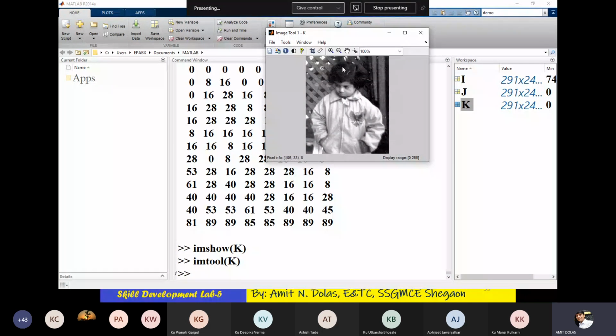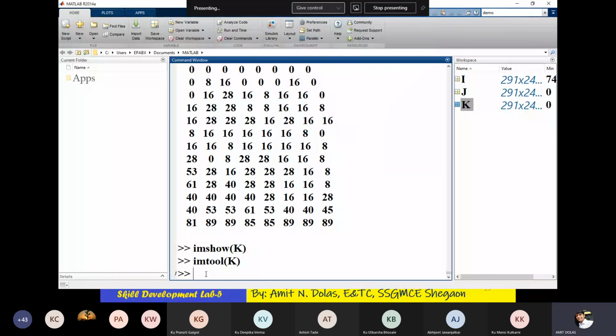Then I'll come to the hair of this girl. It is 16 intensity. It is very tough to find 0. Yes, I got 0 here somewhere. Fortunately, we got 255 and 0 both. So at pixel location 154,60 the intensity is 0, which means it is the darkest pixel in the image. Now I'll show you imhist k. Let's see the histogram of k now.